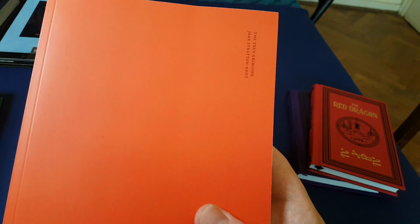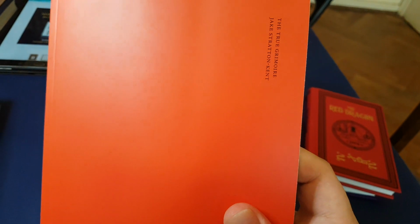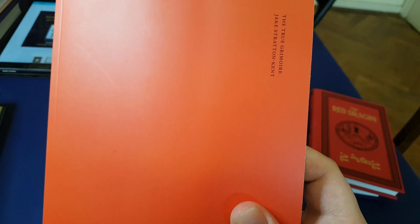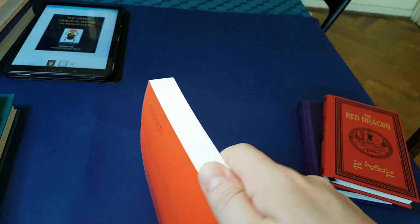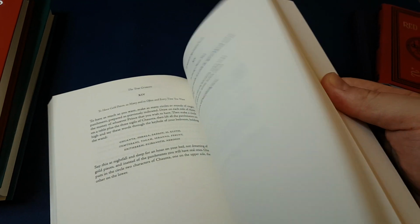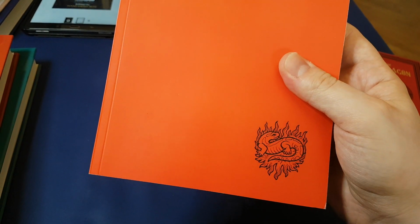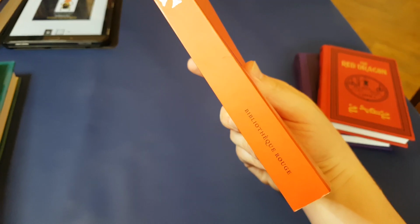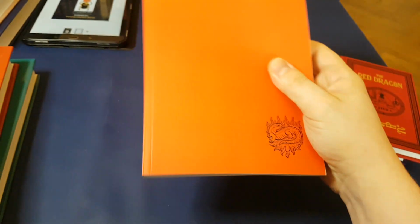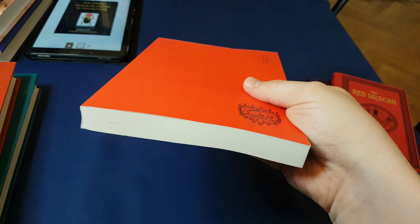This is another of the Bibliothèque Bleue grimoires, and it's the Grimorium Verum, and this is Jake Stratton Kent's essay on it, which includes the text of the grimoire itself, but also Stratton Kent's thoughts on it. And this is the paperback edition, Bibliothèque Rouge. You can see that the Scarlet Imprint kind of borrowed the name of the Bibliothèque Bleue for their cheaper, or less expensive, should I say,